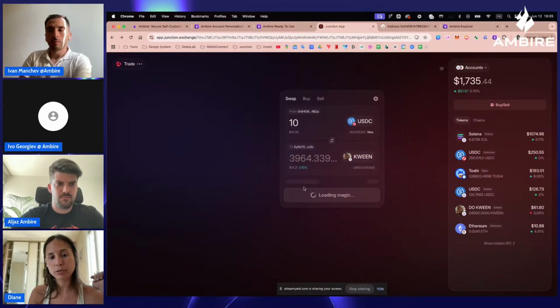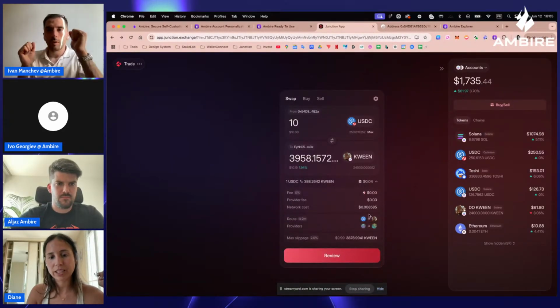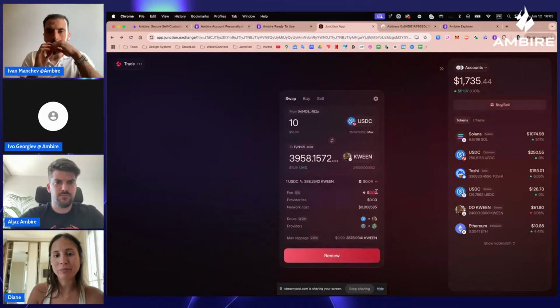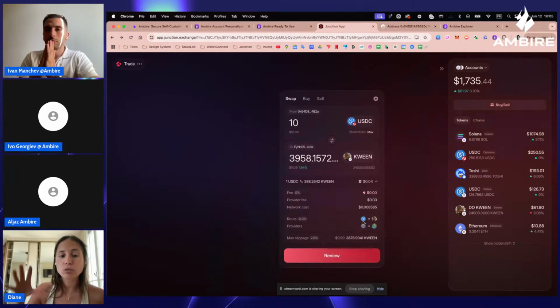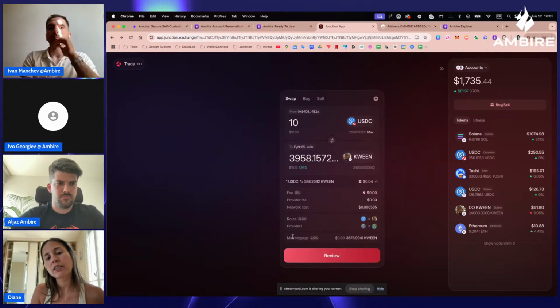So for this one, it found a route. That's great. We can test. You have the swap details. Our fingers crossed. I see I have some fees, but now we are in beta launch, so we offer the platform fees from Junction. We only have a few network costs. The route takes approximately 2 minutes. It goes directly from USDC to USDC, the providers being Circle and Reporter. And the slippage I will review.